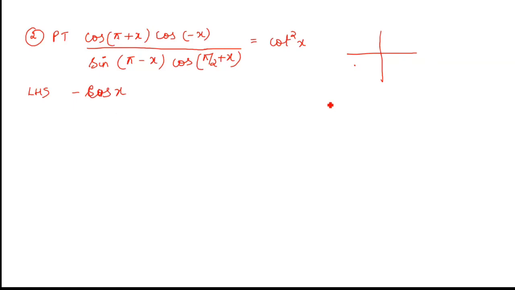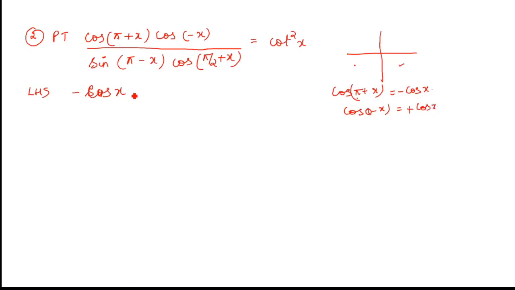Hope it is clear. Cos (pi plus x): first you have to check third quadrant. Third quadrant cos is negative, so write the sign minus. Pi lies on the sleeping line, no change to cofunction, so cos x. Next, cos of minus x. Remember I have told you whenever you get minus, it is nothing but 0 minus, and it comes in the fourth quadrant. Fourth quadrant cos is positive, so the sign is plus. 0 stands on the sleeping line, no change to cofunction, so therefore you are getting cos x.